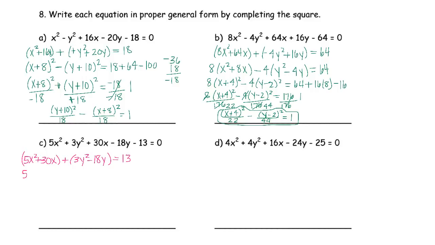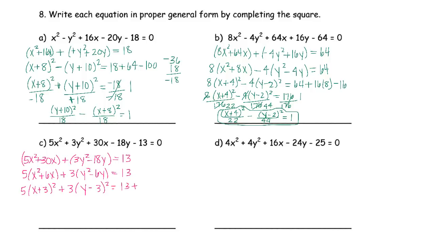We do need to factor out a 5 out of the first parentheses. Factor out a 3 out of the second parentheses. And now we're ready to do our nice nifty shortcut. So that's going to be (x + 3)² + 3(y − 3)² = 13